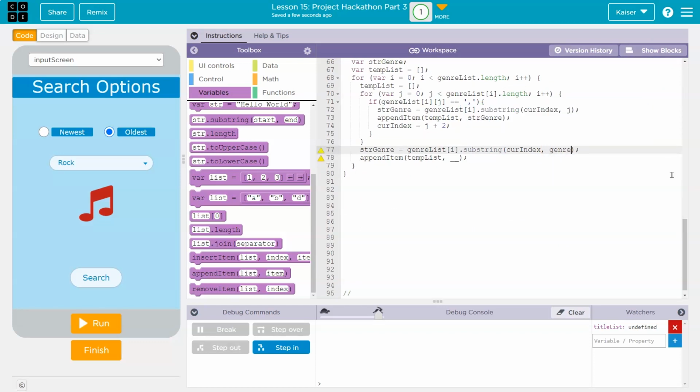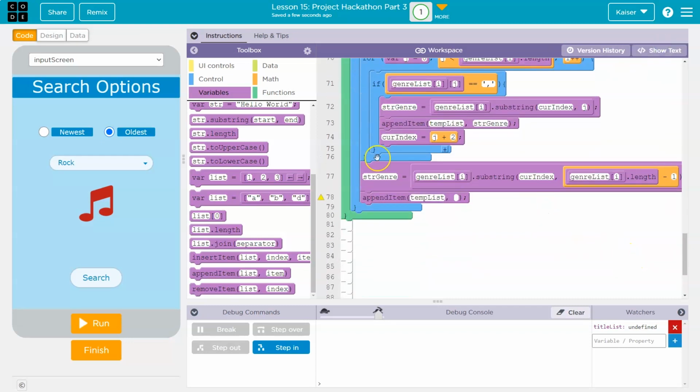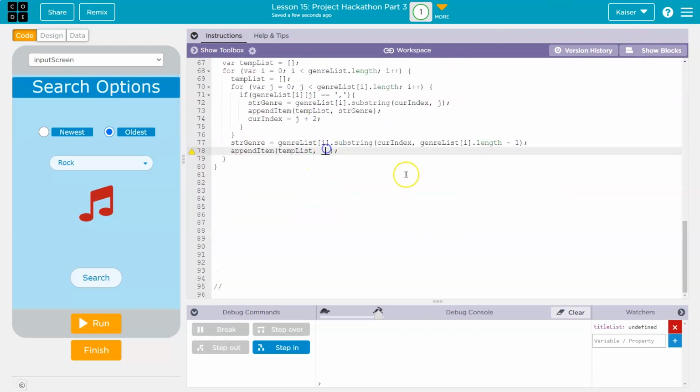That is the genre list I dot length minus 1, because length goes all the way to the end and the index is 1 less than the length. Let me see what this looks like. It looks scary, but we're getting there. String genre. Okay, and that should do it. We should be appending that genre